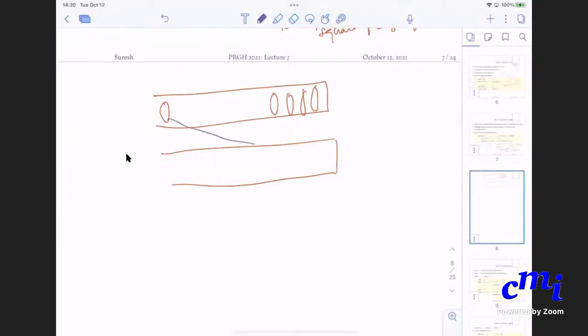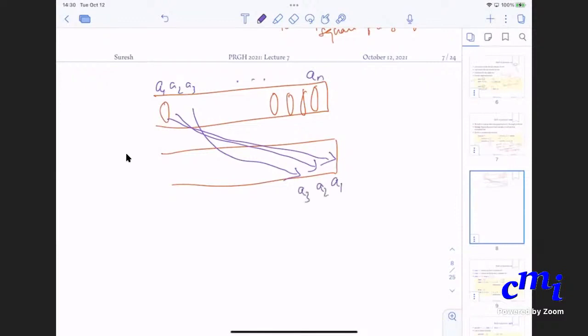you can take this top plate and put it here. You can take the next plate and put it on top here. You can take the next plate and put it on top here. Okay, what is happening? If originally your elements are A1, A2, A3, up to AN, now you'll see that A1 was at the very top, now A1 is at the very bottom. A2 was just below A1 in the original list, now A2 is above A1. Is this picture clear?